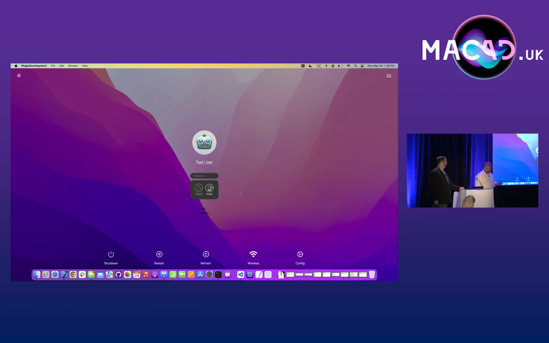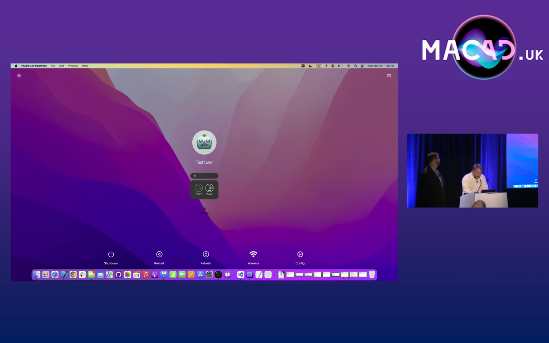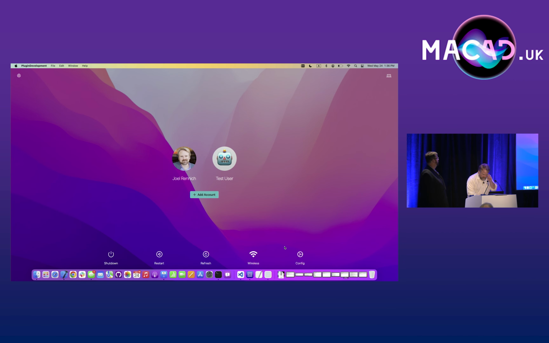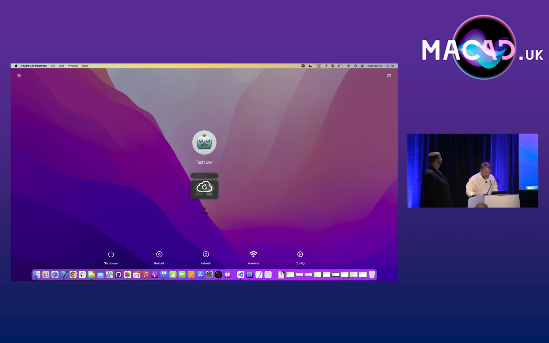We also do JumpCloud Push. So if I authenticate here, actually I got to turn on the agent again. Let me do that real quick. So if I go here and I'm actually using our agent live, if I do an authentication and hit OK,